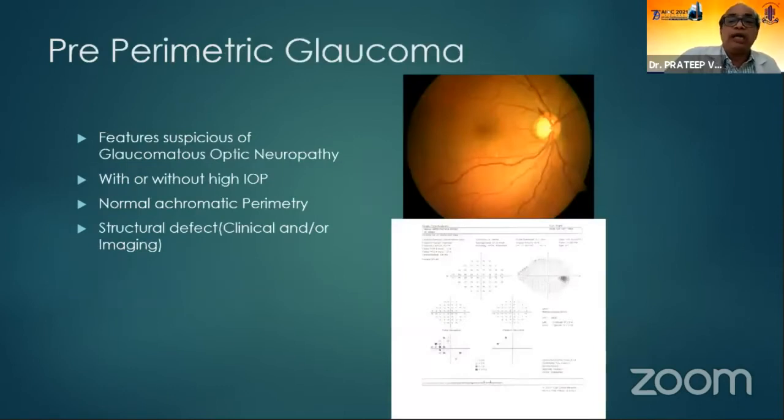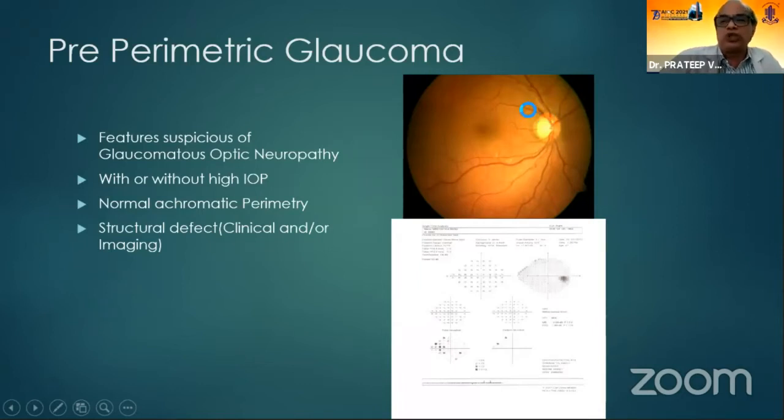And obviously, we have to follow them vertically, and almost 5% of these patients on 5-year follow-up will convert into glaucoma. Now, the second part is the pre-perimetric glaucoma. What is pre-perimetric glaucoma? It is where you can see that there are nerve fiber layer changes in the optic nerve head or in the optic nerve, but the visual field is normal. So the white on white perimetry is normal, but you can see over here there is a disc hemorrhage and there is an RNFL defect.